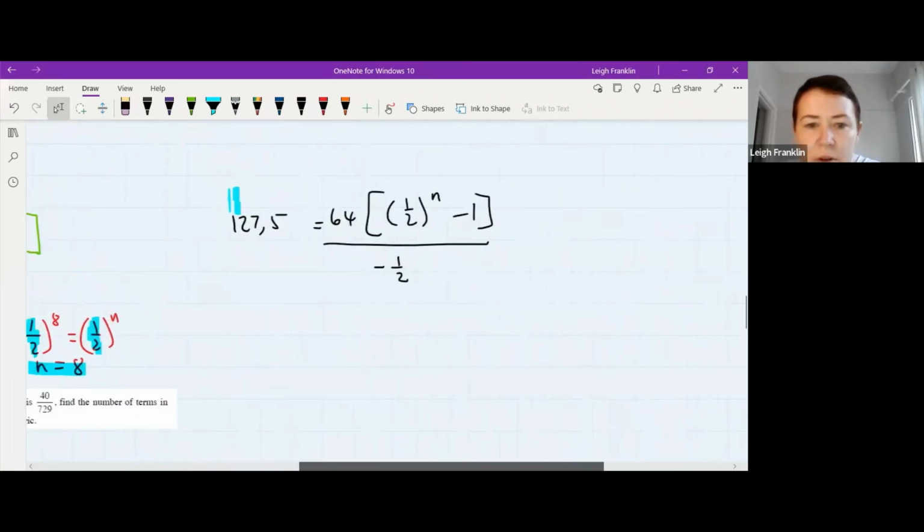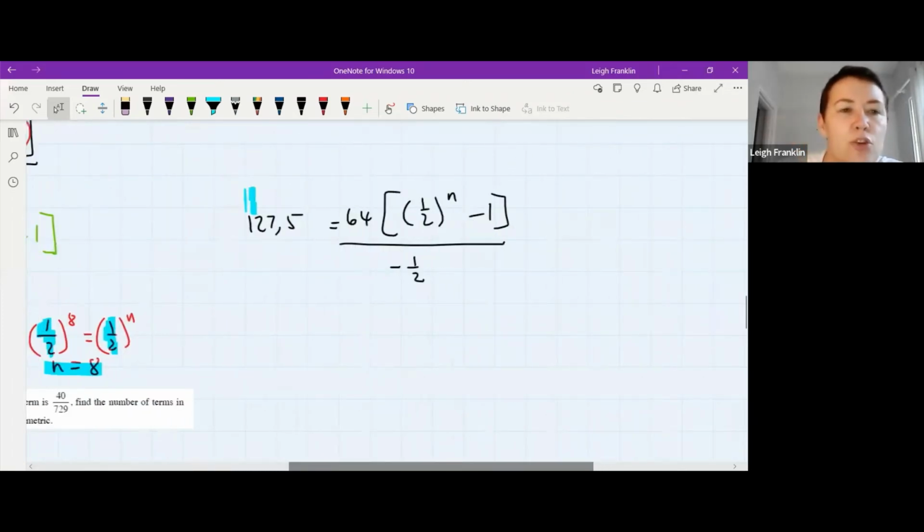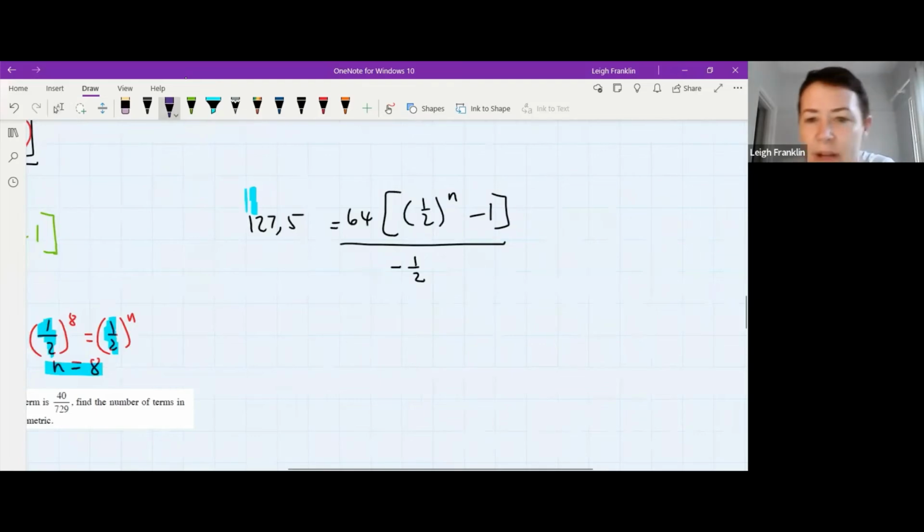So Tebogang and everybody else, the other way of doing this is to multiply the right-hand side by minus 2 over 1. I've got to do the same thing on this side, so I multiply that by minus 2 over 1. That way I get rid of the negative. The 1 at the top cancels with the 1 at the bottom, and the 2 at the top cancels with the 2 at the bottom. Then on your calculator, you say 127.5 times negative 2,